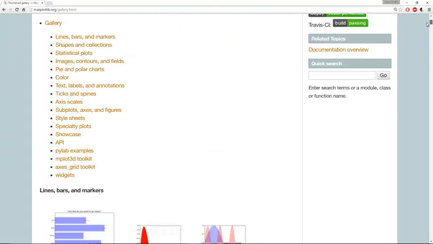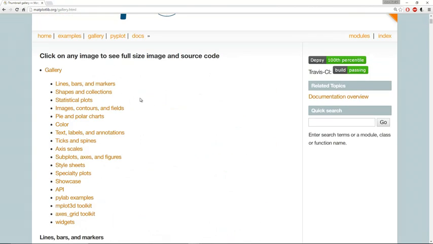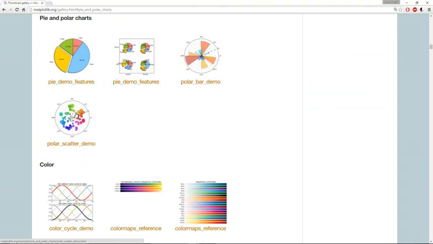For example, if I go ahead and scroll back up here, let's say you wanted to make a pie chart. Well, you would come here under the gallery, look for where it says pie charts, click here, pie and polar charts. You'll come down to this link, and then it'll show you a couple of figures here that are hopefully relevant examples. Once you find one that looks like what you want to do, let's go ahead and click this